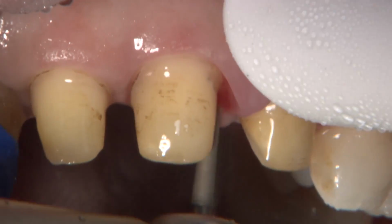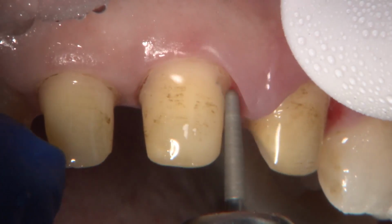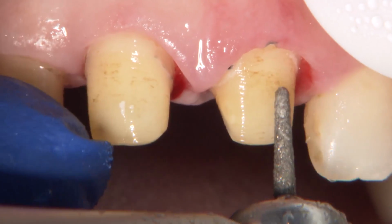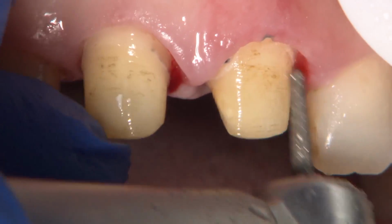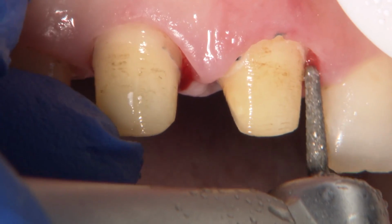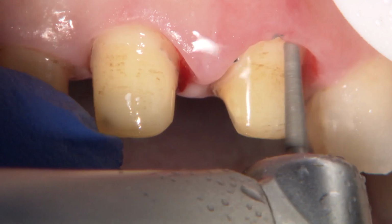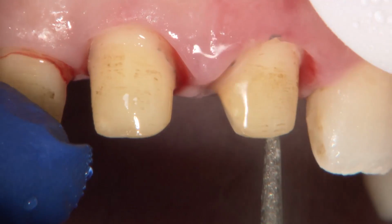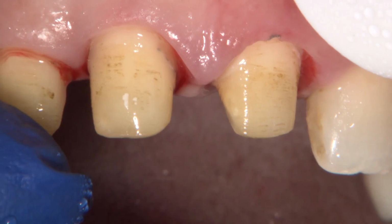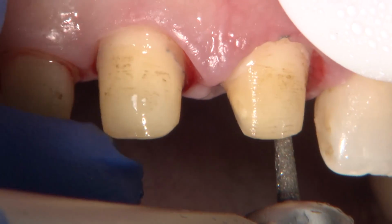Because the dentin color of these preps was not dark, I selected BruxZir Anterior for the final restoration. This material can be milled down to 0.9 mm thickness, and I am able to do less preparation when teeth are not discolored. In the end, with this case, we hope the restoration will have an increased translucency that allows the light to pass through, so we get papilla and gingival margin that are nice and pink, unlike with metal-based